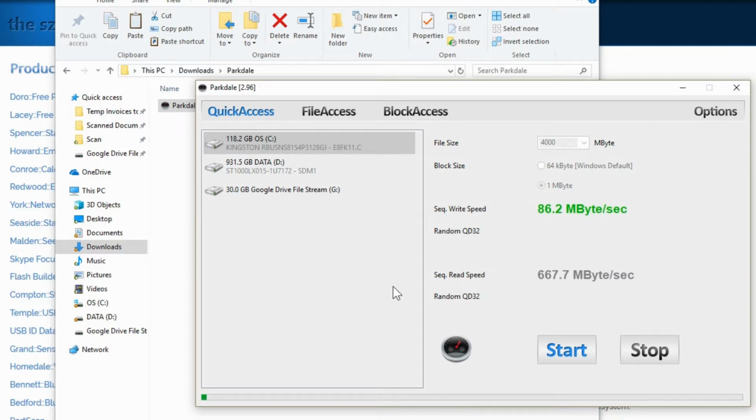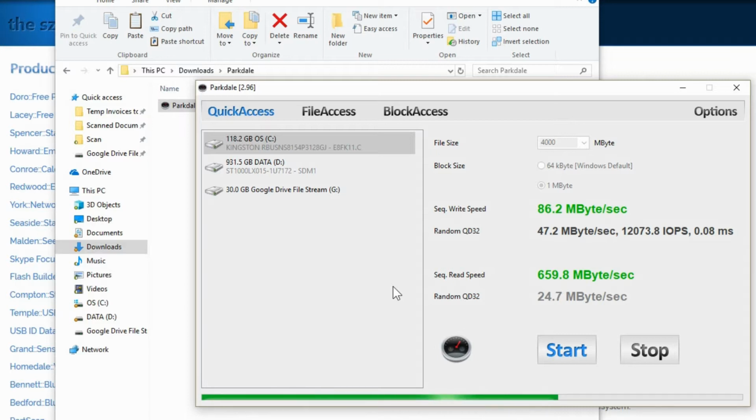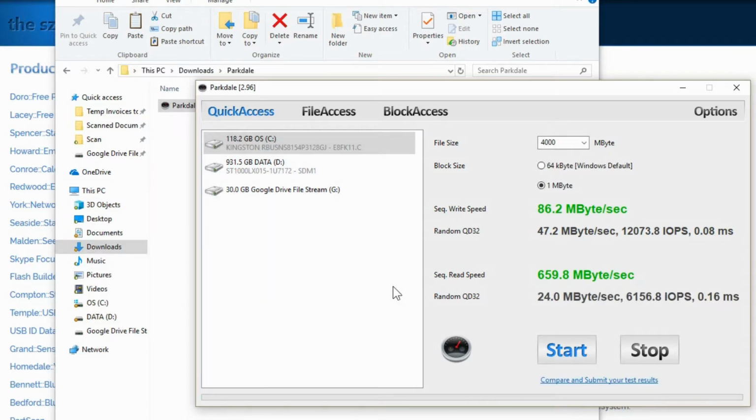Now the numbers don't look as impressive as you can see here. A little sad as far as the write speed goes, but the read speed seems to have responded much faster with the block size, because it's just reading instead of writing to it. Now with the random speeds, you can see that they're close to what they were previously, so it's not bad. Now it's just the comparison.